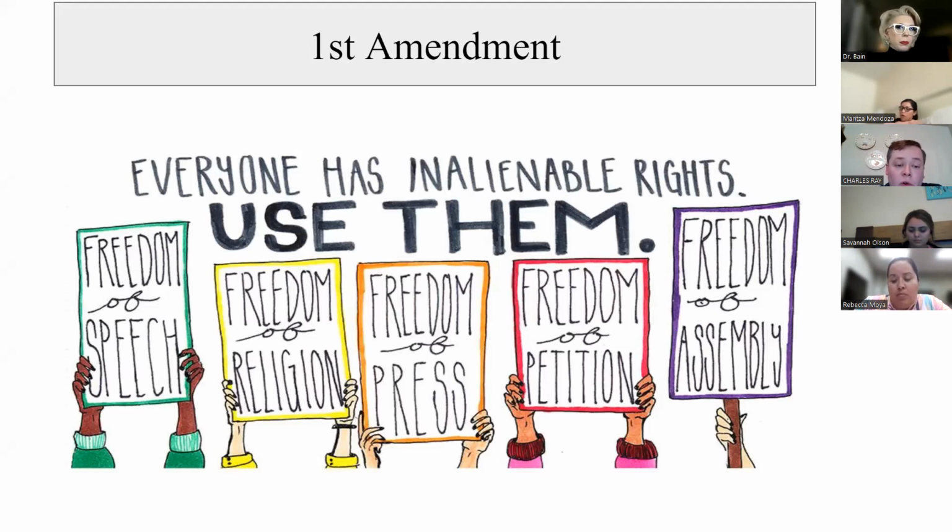The big one is the First Amendment. This is probably one, like with the 8th graders and with my government kids, because I teach government economics as well. I often joke with them, like, when in doubt, First Amendment. It's your freedom of speech, your freedom of religion, your freedom of press, your freedom to petition, and your freedom to assembly. So you can say what you want, believe what you want, print what you want within reason, complain to your government, and get together with your friends as long as you're not breaking stuff and burning things down. Things of that nature. These are considered inalienable rights.